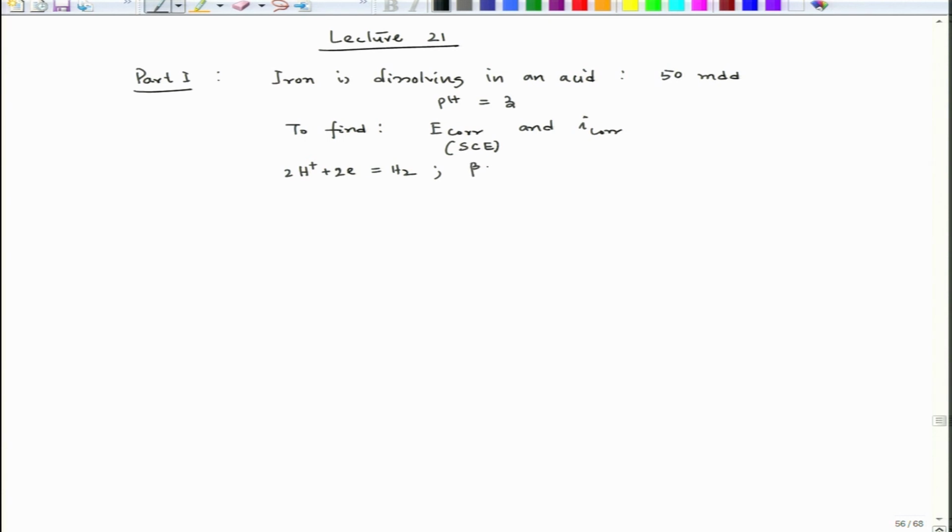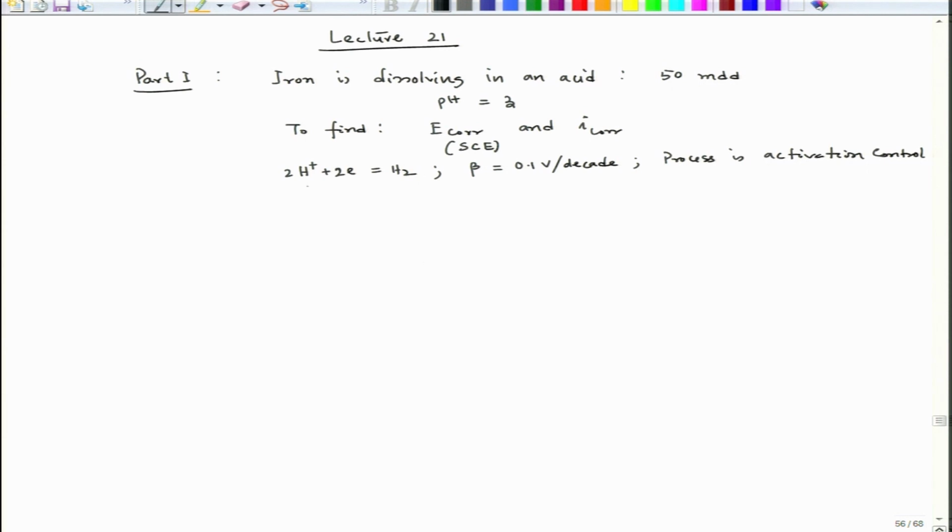Beta, which is the Tafel slope, is 0.1 volt per decade of current density, and the process is activation controlled. This problem we will try to solve,